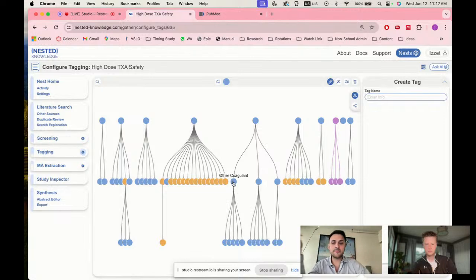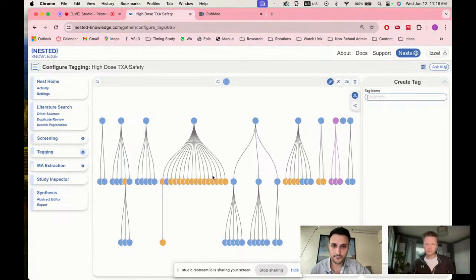So, you first categorize by IV, non-IV TXA, and other. And then you see, okay, let me look at the non-IVs. What exists? These two. Okay, that's not really going anywhere. Kill it. And then you go into other coagulants. You can see what's out there, and that's a way of exploring what you could even report on. So with tags, you kill it, or merge it. That's part of the system. You need to be able to say, "Hey, I've gathered this three times, but I'm seeing 15 of these other things."